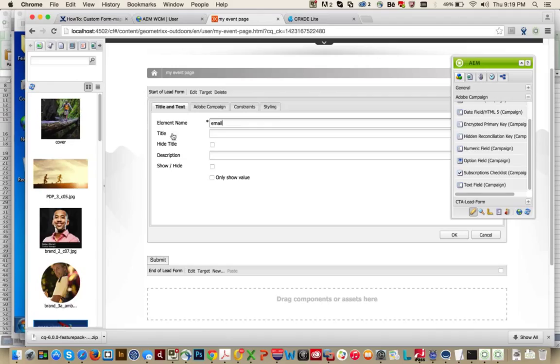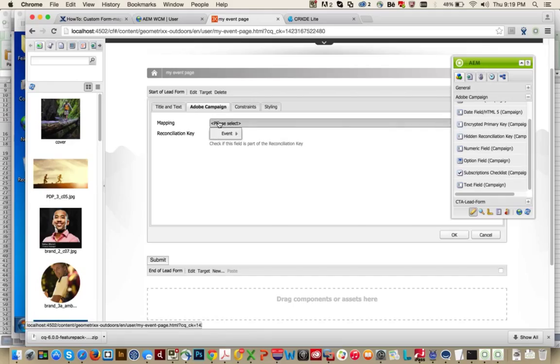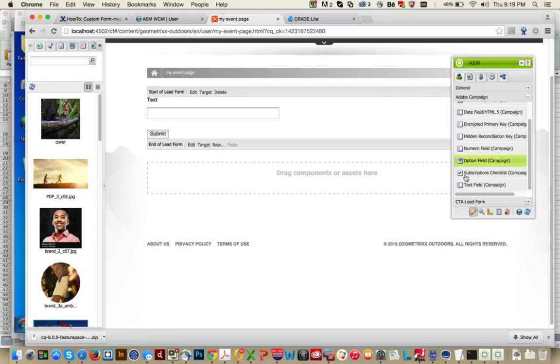Just a warning, make sure that the element names are unique in your form, otherwise the functionality won't work. So make sure you choose a meaningful name for every element you're going to add, then you will never run into issues. Then on campaign tab, we select here event, and you see then event name and email. So the reason why we see here only two fields is that for a text field only alphanumeric fields will be shown. So in this case we choose email, we click OK,